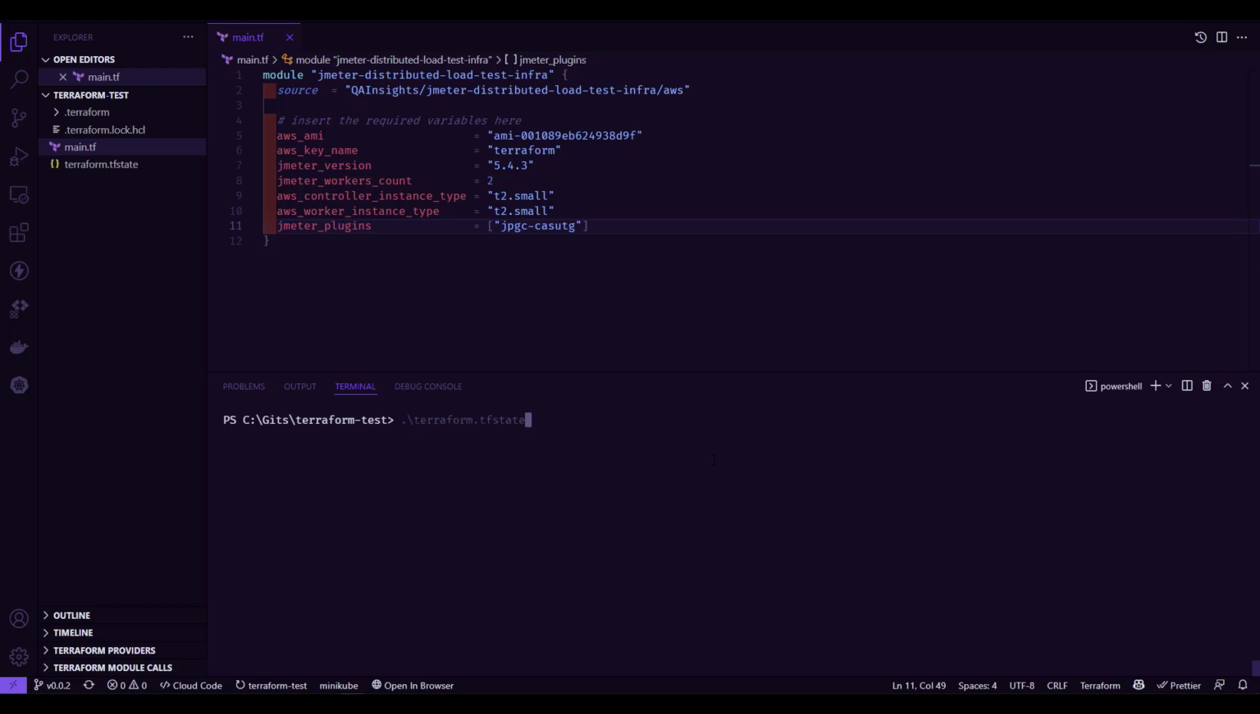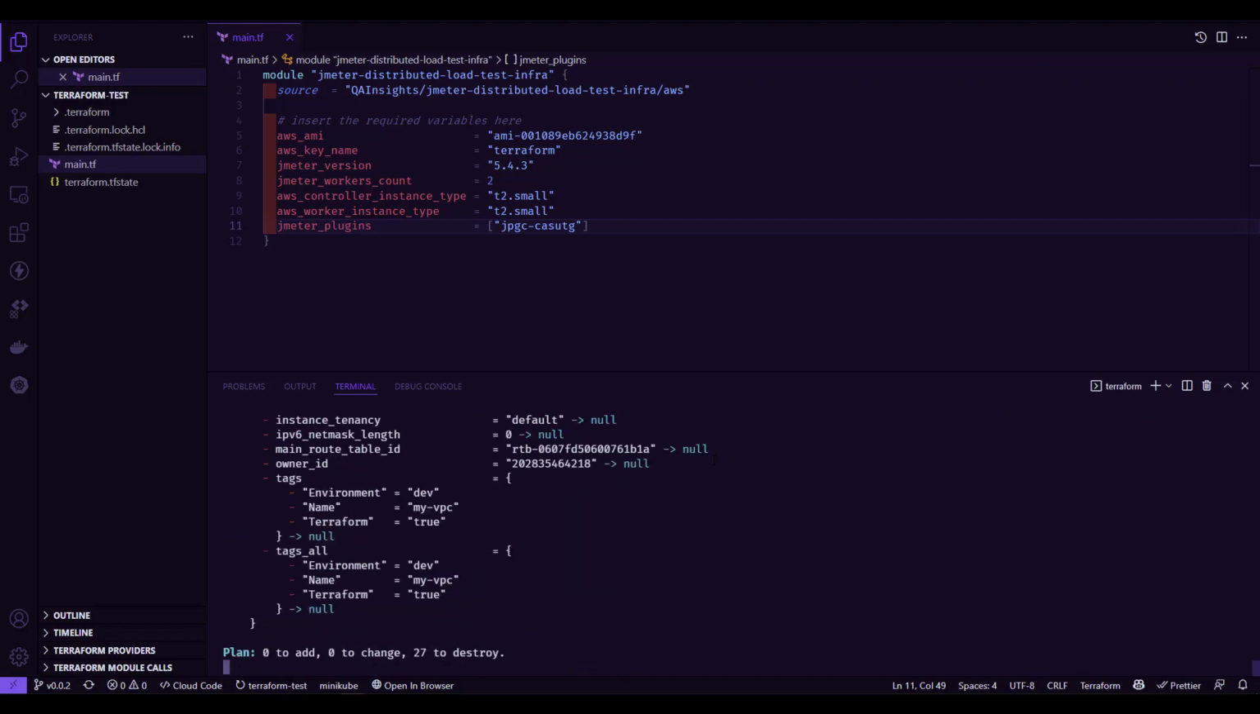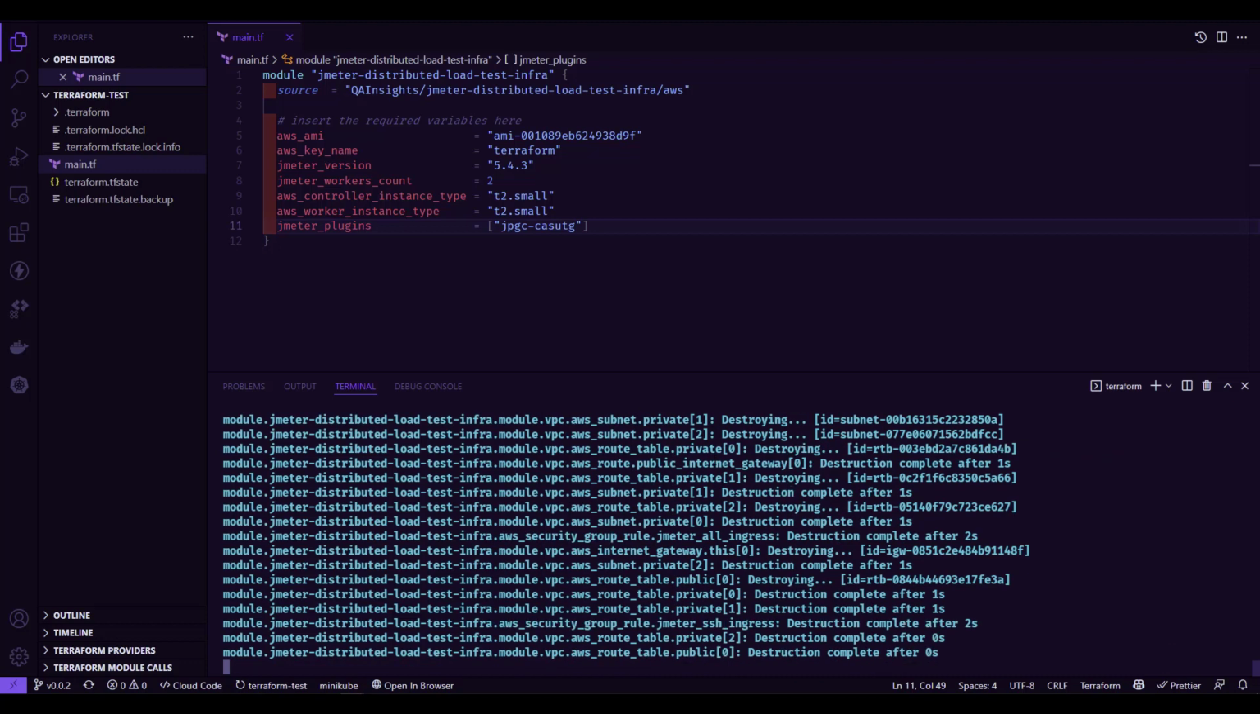So to destroy, again, Terraform destroy command you have to use, and again you need to pass the auto approve. You want to skip the prompt. So this will delete all the resources. So 27 resources got created, right? Everything will be deleted. VPC, the table, and then ingress, egress. So all the stuffs will be deleted,